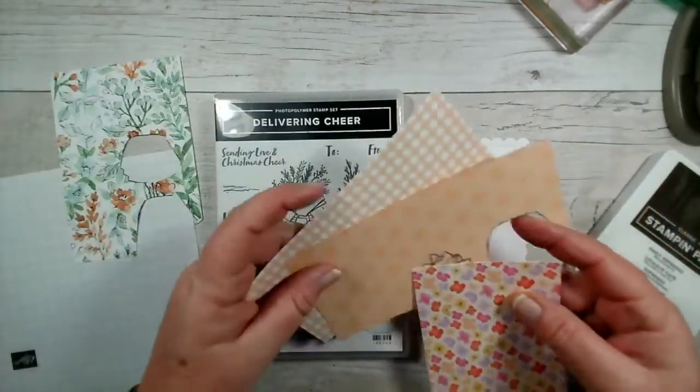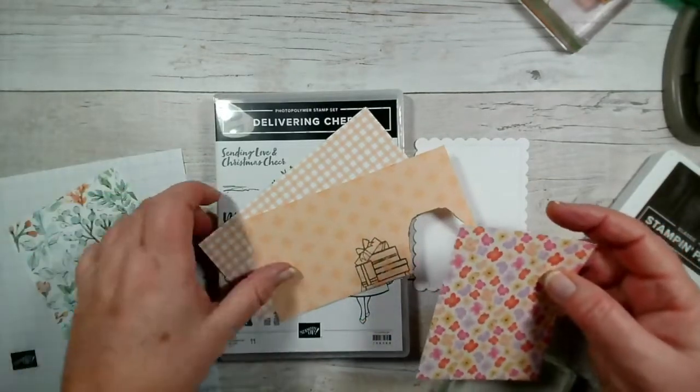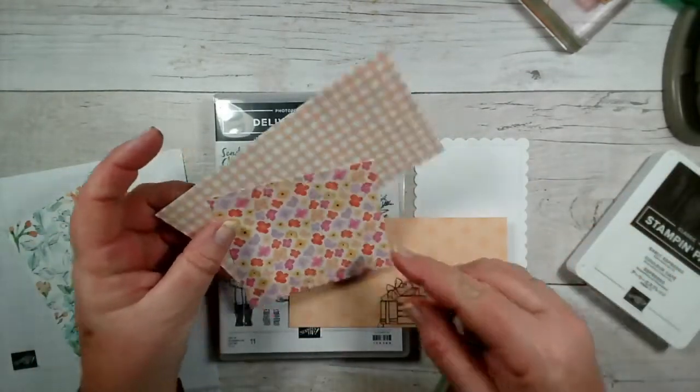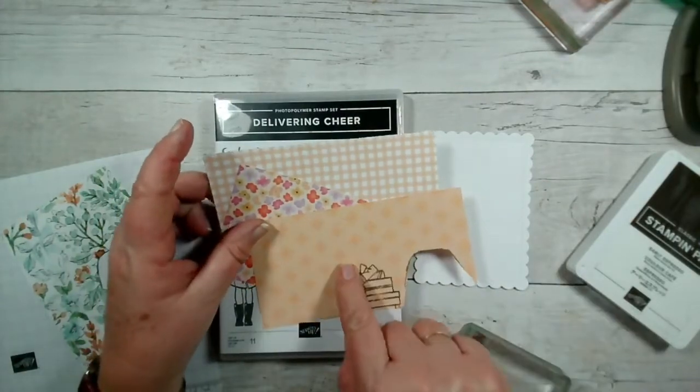and obviously I found these that I'd used previously. So this is from the pansy papers. They just go really nicely. This is a coordinating colour, so these are all